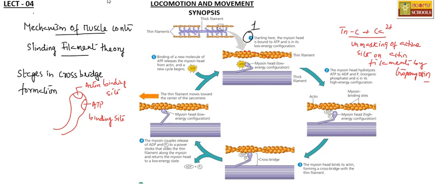Now you can see the myosin head has energy, and it's trying to make a cross bridge. Here it has taken up the energy, and this myosin head has come in contact with the active site of the actin filament, and that resulted in the formation of the cross bridge. Once that is finished, the ADP plus Pi will be released out, and what happens